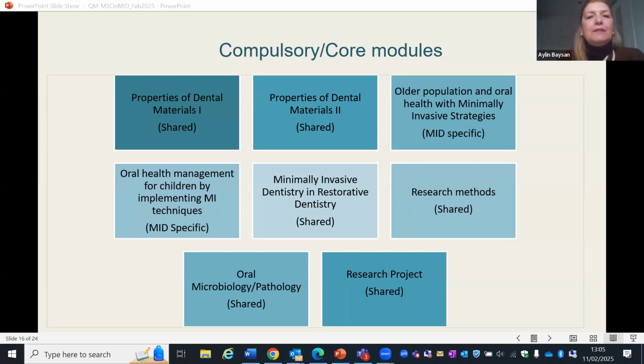And you will have the properties of dental materials too in the second term. So in the autumn term, dental materials 1, and this term, spring and summer, dental materials 2. As I mentioned, you will have the older population and oral health with minimally invasive strategies. This is MID specific, and the exciting part is again a very unique opportunity. There is nothing like this in the world: I have the geriatric medicine